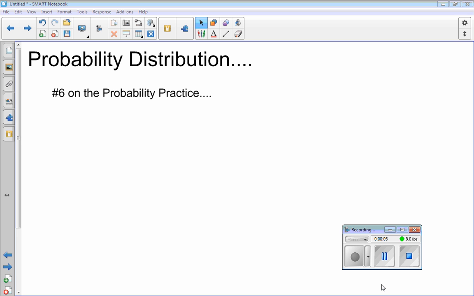A lot of stuff in chapter 16, and I think you need to have a little bit of background before you jump into it. So let me talk about number 6 first here, and let's talk about what a probability distribution is. Okay? So if you read question 6, it says you have 3 dimes, 2 nickels, and 4 pennies,